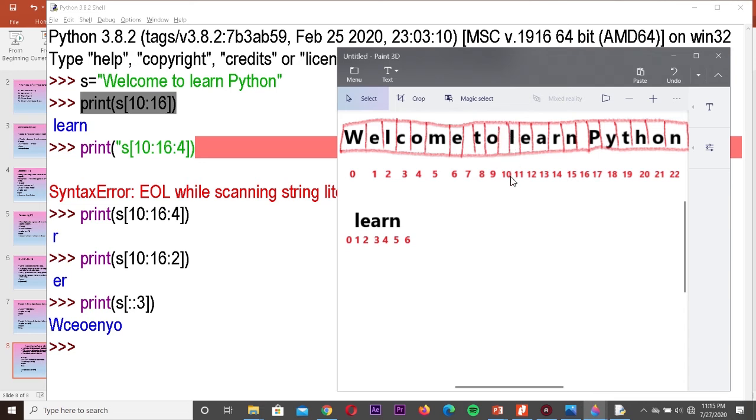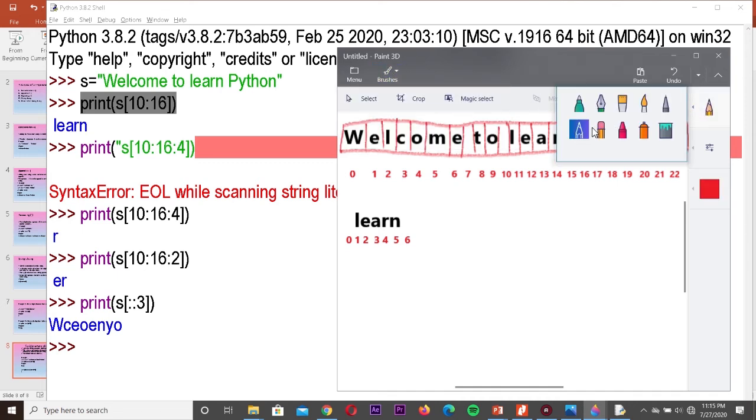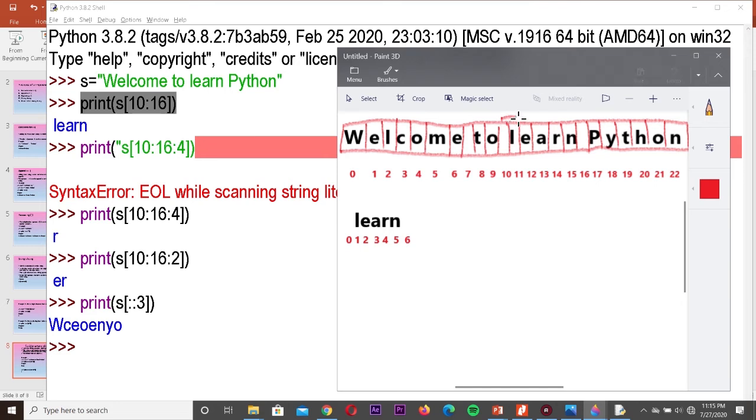Even the space will be considered as one character and it will be given an index position. So 10 to 16 is from here to here. I will show you the position. So 10 is from here to here, space, LEARN, space, so that is the output. That's why you are getting a space in front.